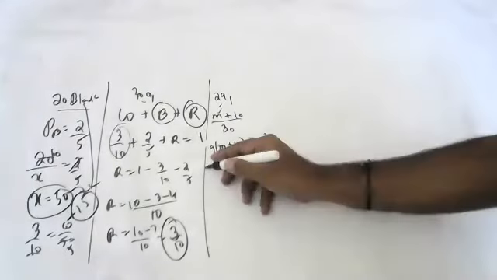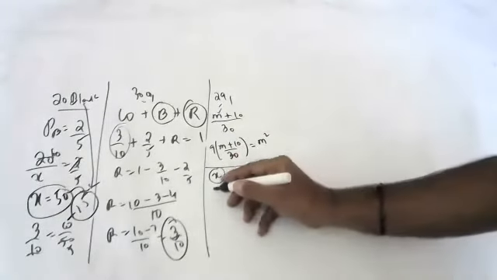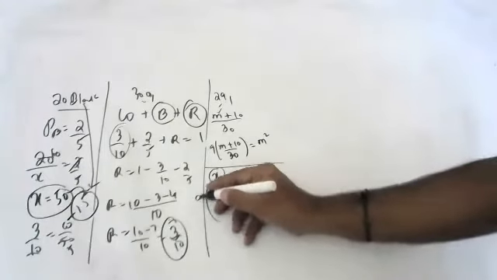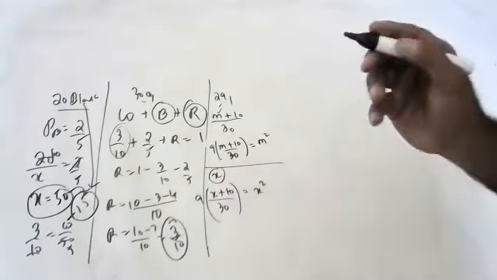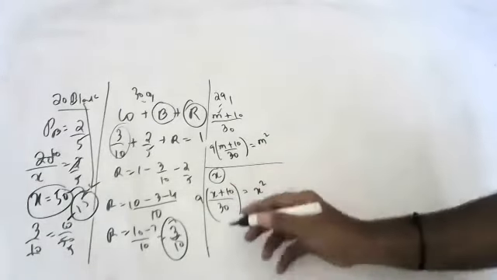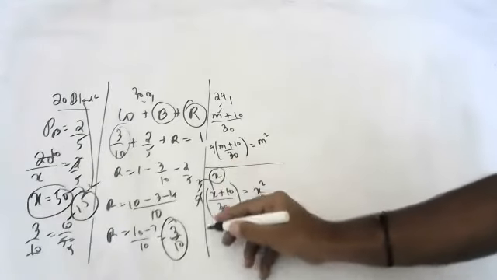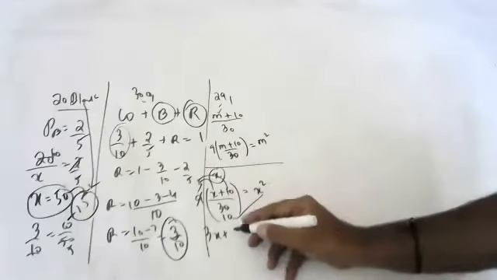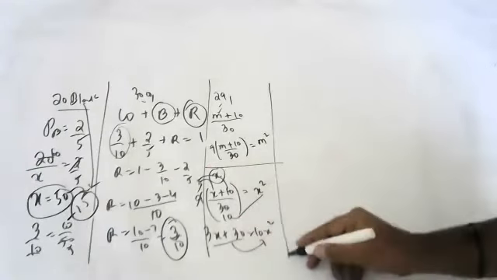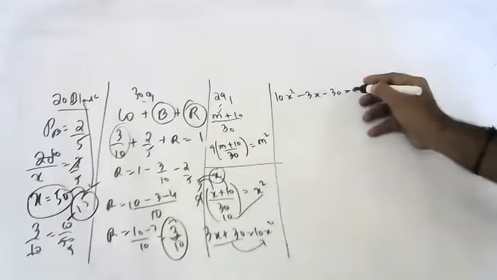Those who didn't understand, again I'm saying, let us suppose she got X marks in maths. If she would have got 10 more marks in maths out of 30, 9 times of this marks will be equal to the square of her actual marks in maths. Instead of M I kept X. So 3 times X is 3X. 3x plus 30 is equal to 10x square. Bring this both here, children. So 10x square minus 3x minus 30 is equal to 0.